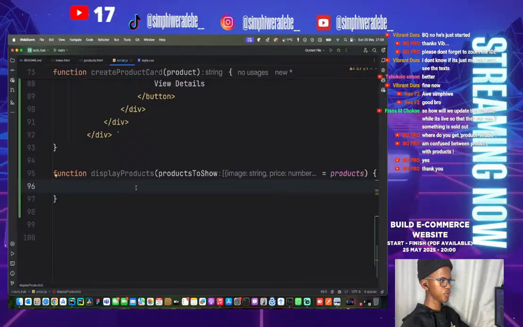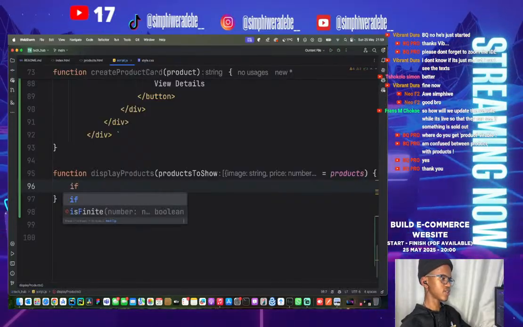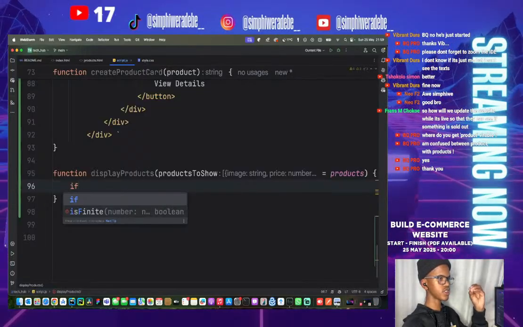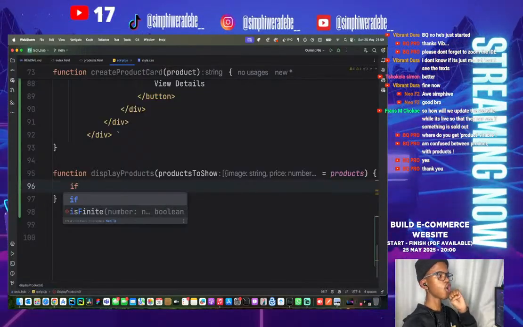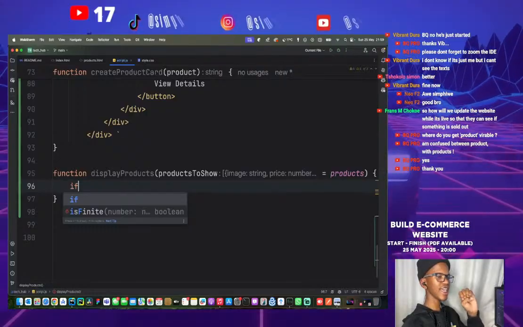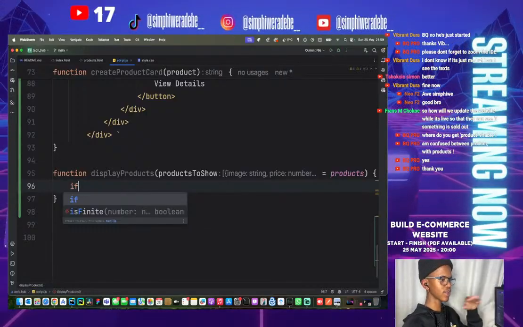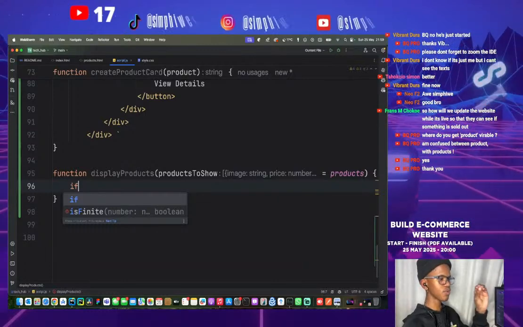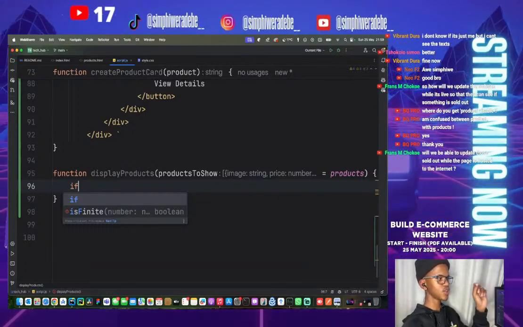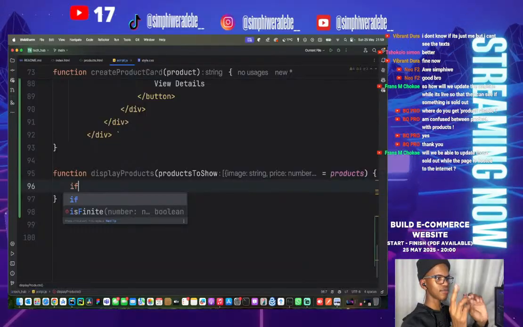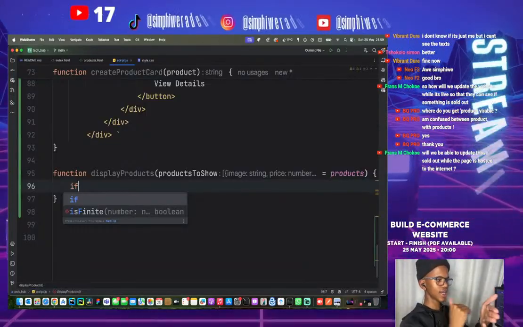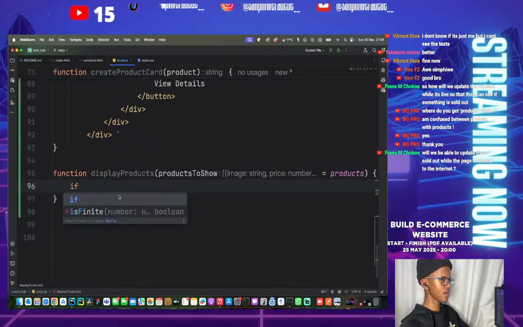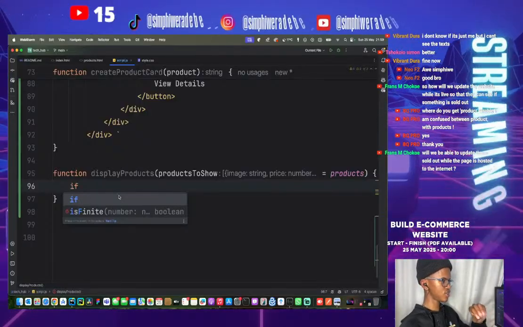So the first thing we'll do is have an if statement. So what is an if statement? An if statement is a block of code that will get executed on a condition. So it's saying if something happens, then only will you run this code. Do not run this code no matter what, but only when a condition is met. So normally it's saying if something is met being true, then run the code. So what we want to do here is to see that if we're now on the products page,